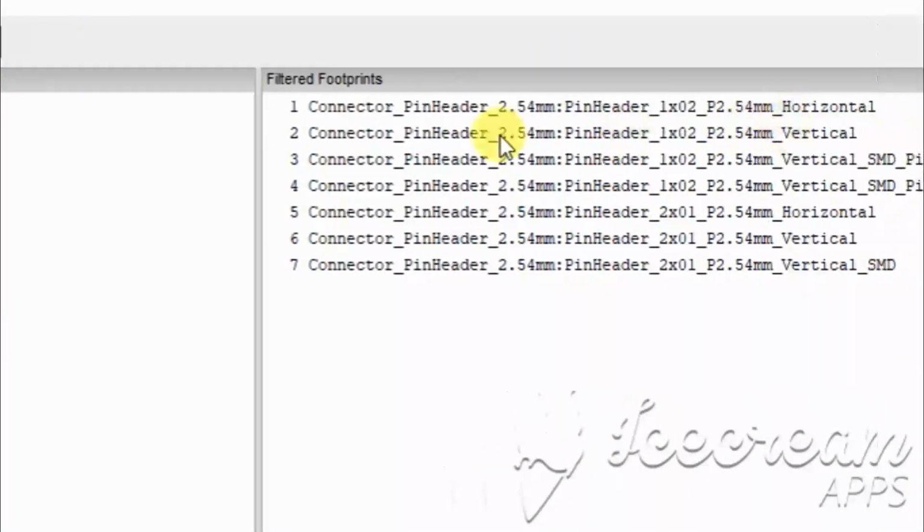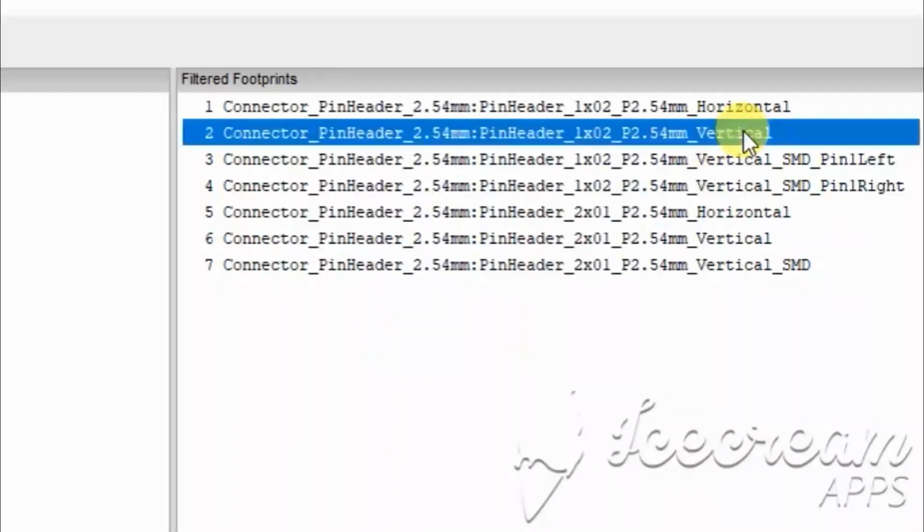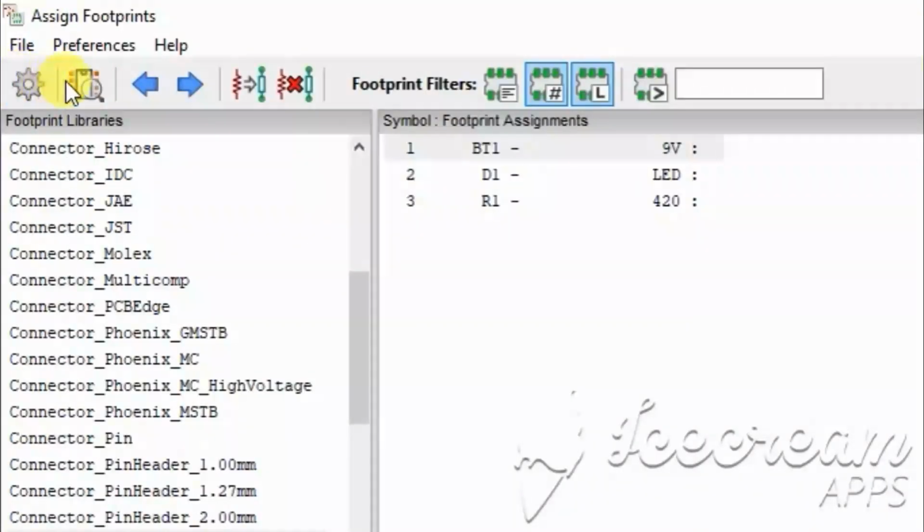In your search, there are vertical, horizontal and more footprints for this place. So you choose the connector pin header 2.54 mm, PinHeader_1x02_P2.54mm_Vertical. Choose this tool and go to the toolbox and view the selected footprint.